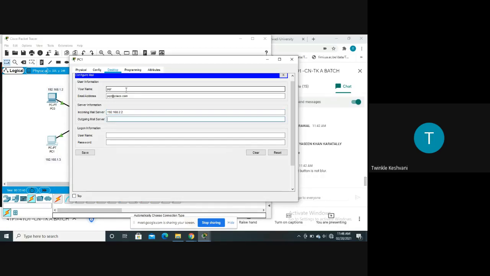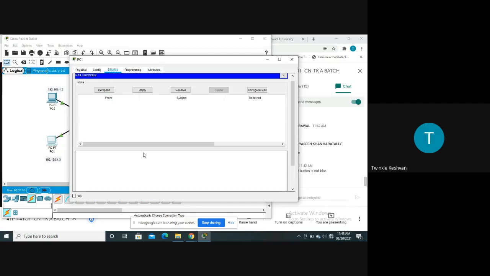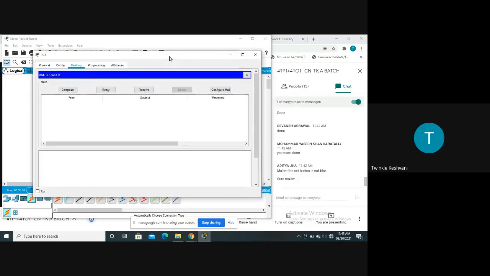Outgoing mail server will be 192.168.2.2. Username is PQR, and the password is 456, and you need to save these details, right? Let me know in the chat box if you have done up to this. Yeah, you have done almost 90% if you are done with this.